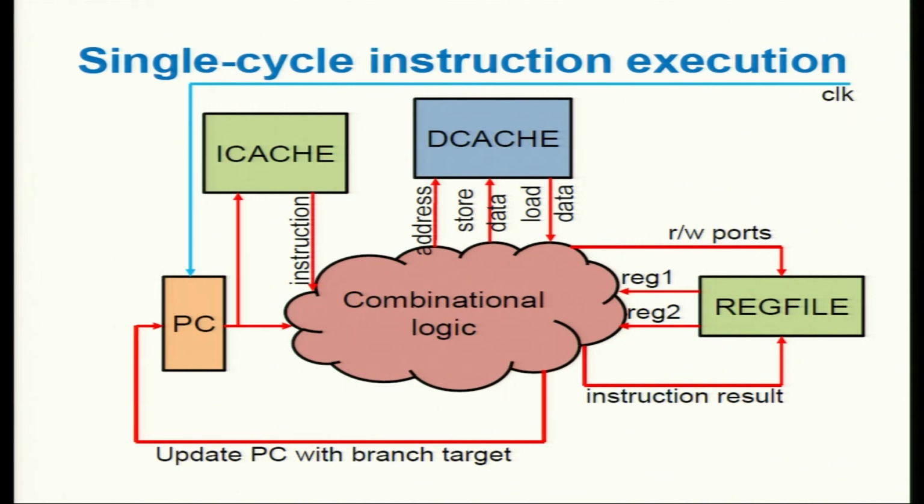If you look at the interfaces here, the program counter requires a clock to keep on increasing or changing the program counter. You go tick, tick, tick, tick at every step, executing one instruction. The instruction cache will use the program counter to access the instruction and send it back to the logic so that it can decode and produce other signals. And the data cache will require an address, will send out load data, or will require store data to store something in the data cache.